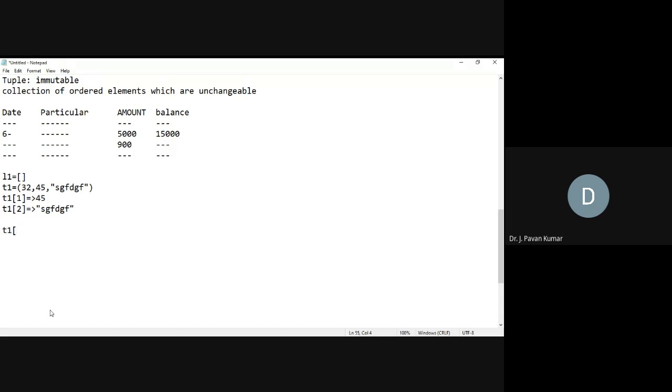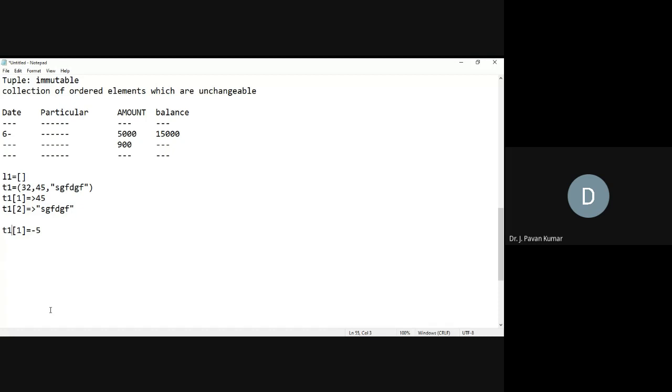Suppose T1 is a list. Let us assume T1 is a list. Then T1 of 1 is equal to -5, I could assign like this. But as this T1 is a tuple, how do we identify a tuple? By using parenthesis. As values are enclosed in parenthesis, T1 is by default considered a tuple, and we cannot modify the elements of the tuple.